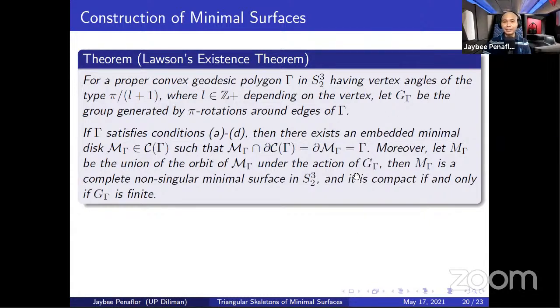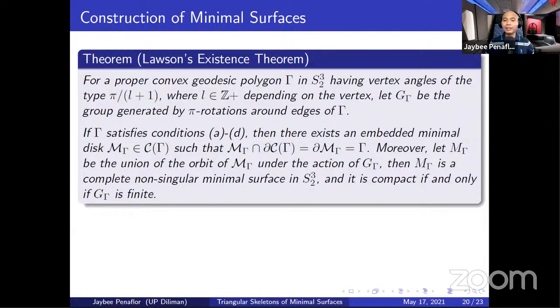Our G sub gamma is the group generated by the graphs of gamma sub D in S^3_2. Our minimal disk M will actually be our triangle ABC, a fact that we have actually proven